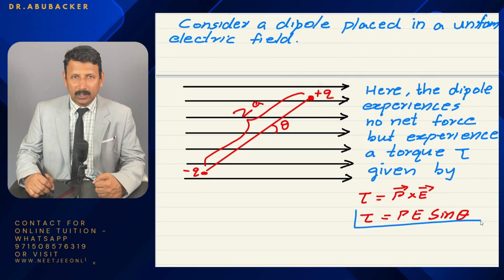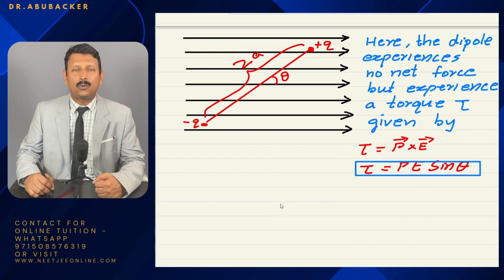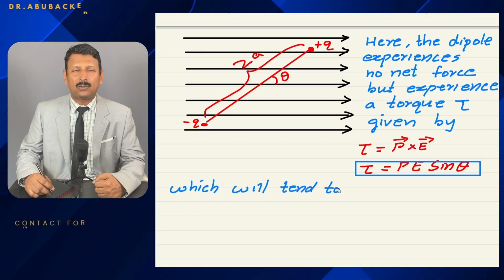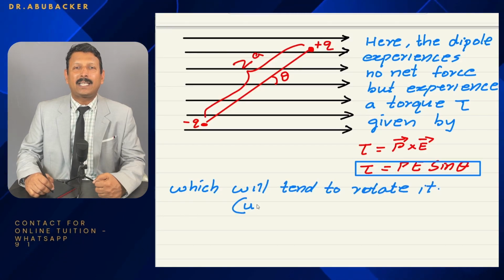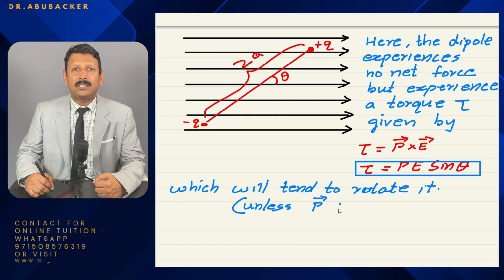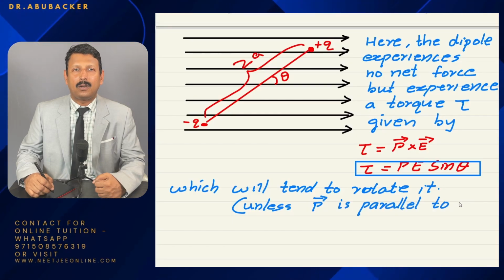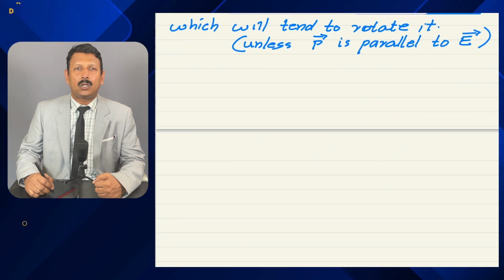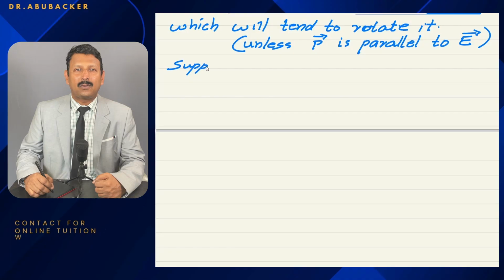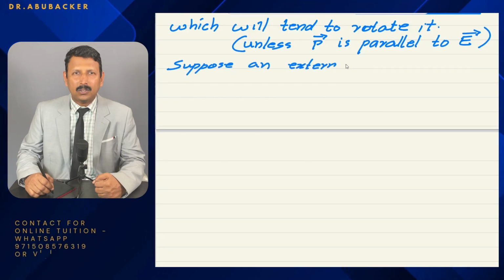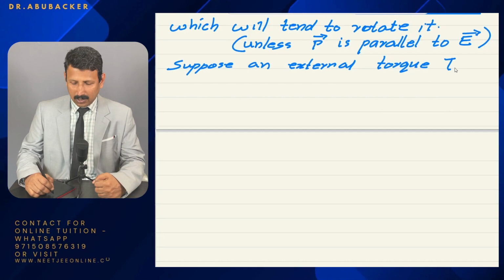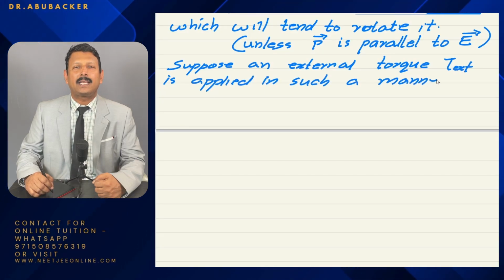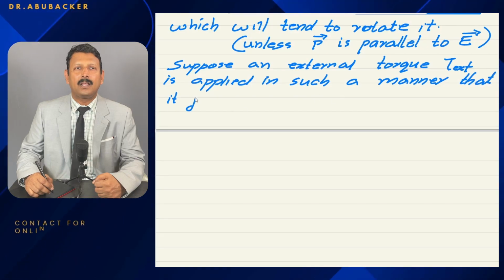So we know the torque acting on a dipole placed in a uniform electric field, that is tau is equal to PE sin theta. Now only the actual topic is starting. This torque tends to rotate the dipole until it becomes parallel to the electric field. So we are going to calculate the work done now. That is the topic. Suppose an external torque, tau external, is applied in such a manner that it just